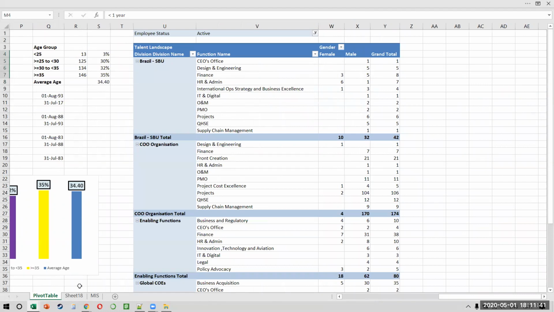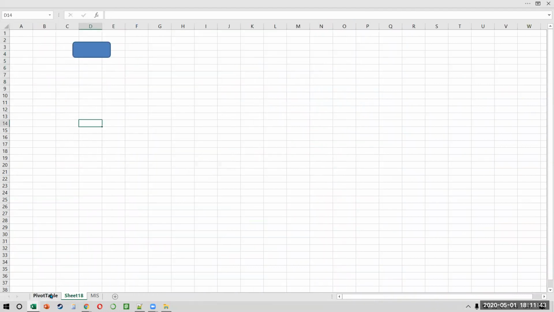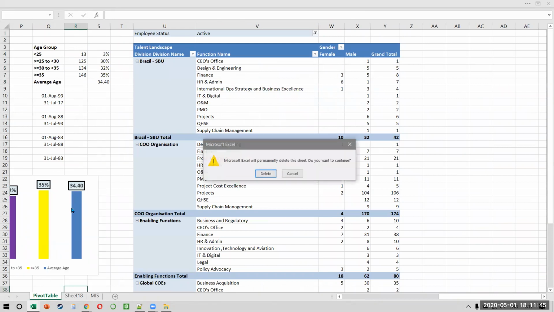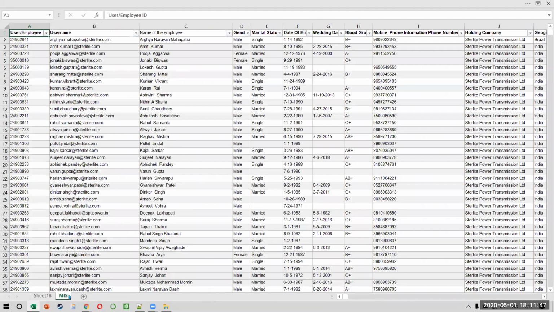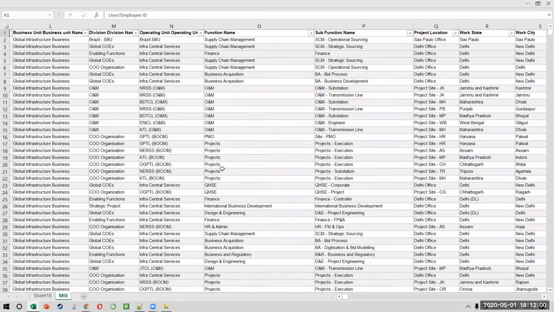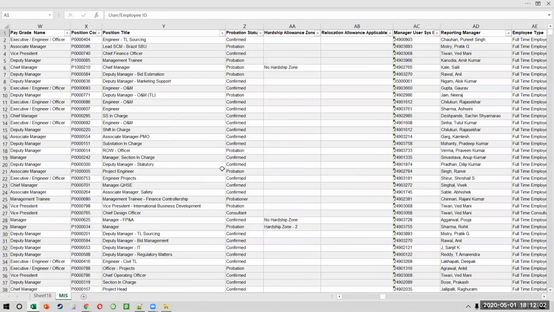And you know the best part? Let me remove all this. Just watch this, I'm deleting it. All of this was coming from this MIS report. So how it used to work was that this was created on Workday. On the 28th or 29th of every month, the HR business partner would get a report like this, which has details of all the active and the probationary employees and the employees that have left. And that person was expected to create all these pivots because you have to show these cuts to the management.